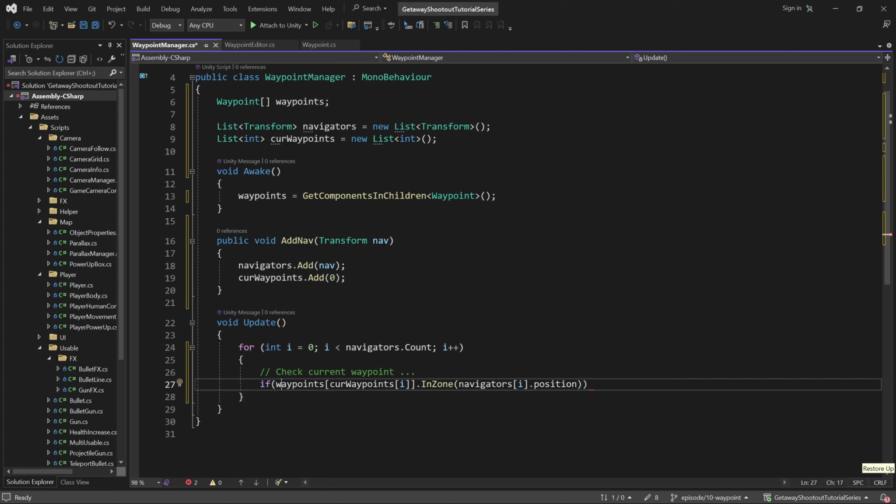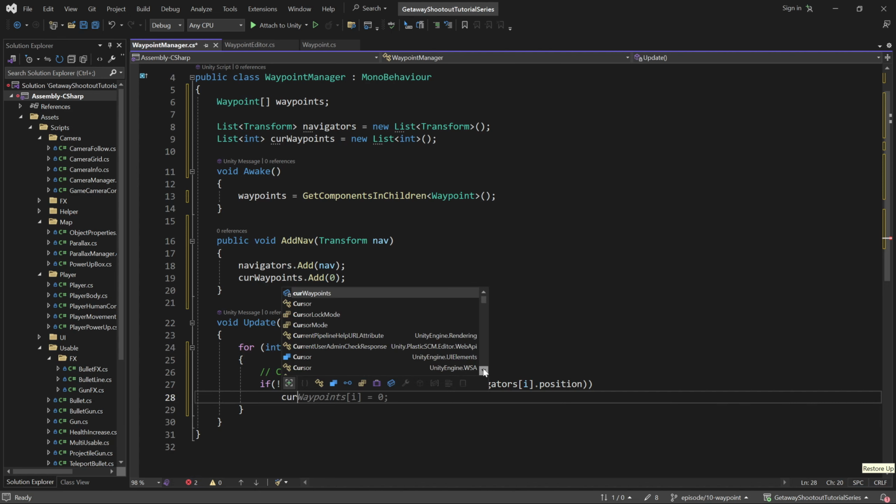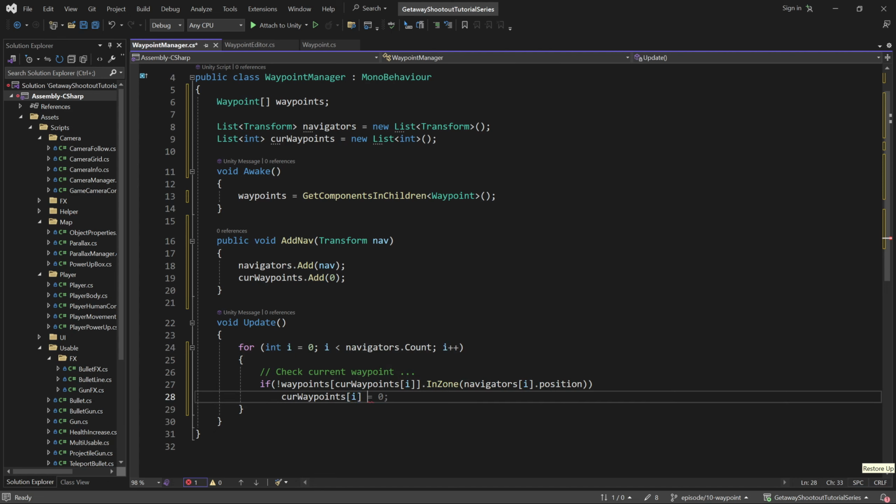So as I was saying, we have the current waypoint, and basically we want to check if we're not in that zone, because this is when we want to decrease our current waypoint. So if we're not in our current waypoint zone, simply just get the current waypoint and decrease it. Now we just want to do the other check. So if,